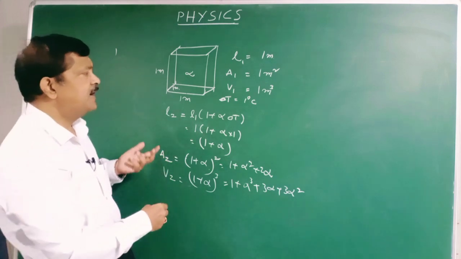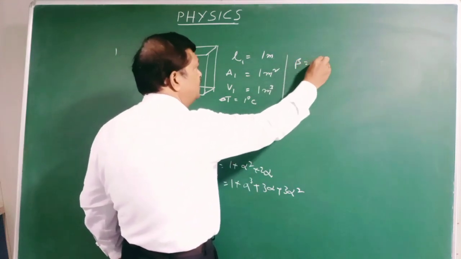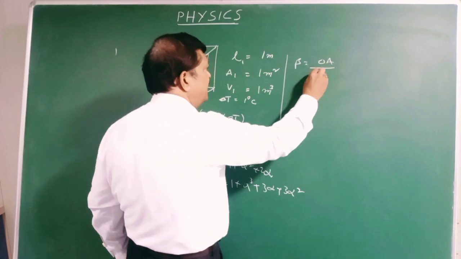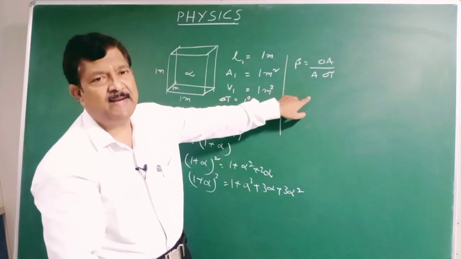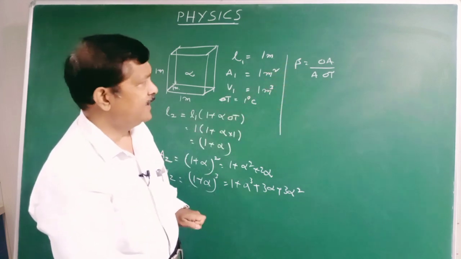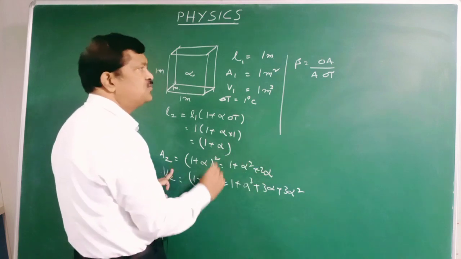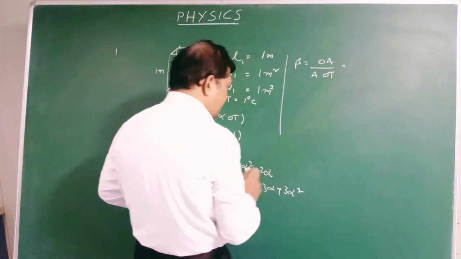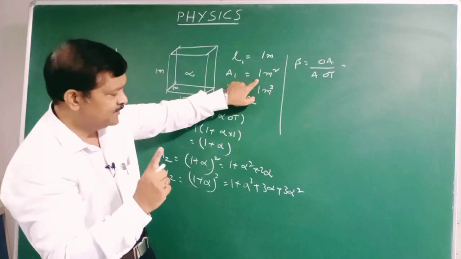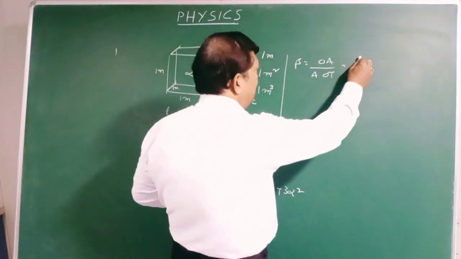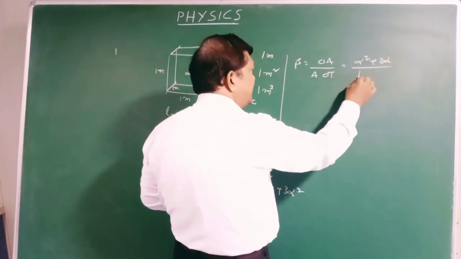To get the value of beta, what is the value of beta? Beta equals change in area divided by initial area into change in temperature. We can use this equation to calculate the value of beta. So let us calculate it. What is the change in area? Final area is 1 plus alpha square plus 2 alpha, minus initial area, which is 1. So the change in area becomes alpha square plus 2 alpha,